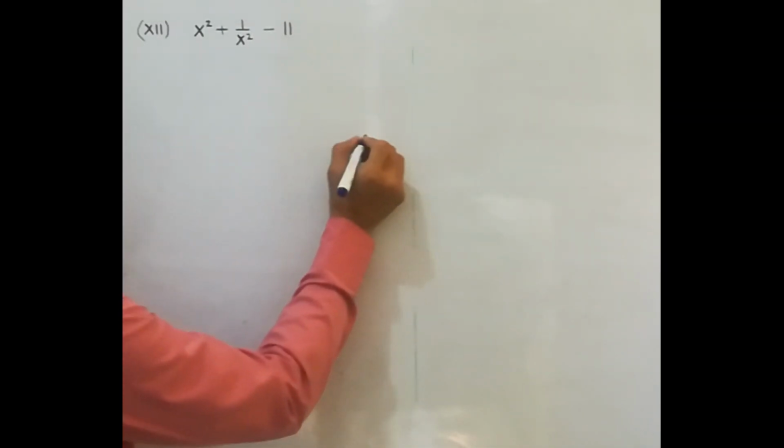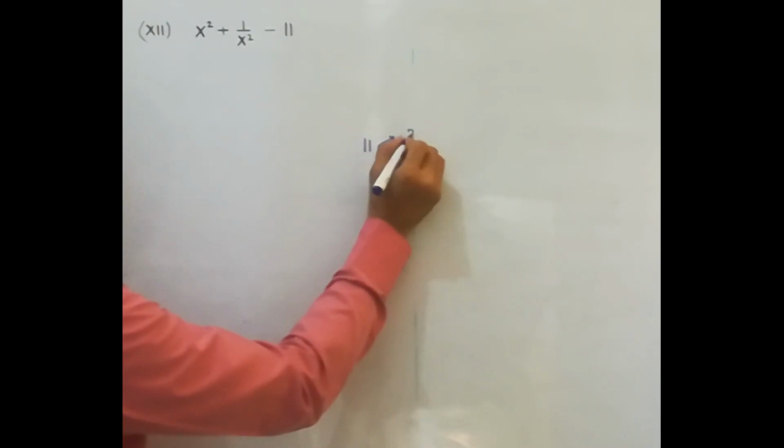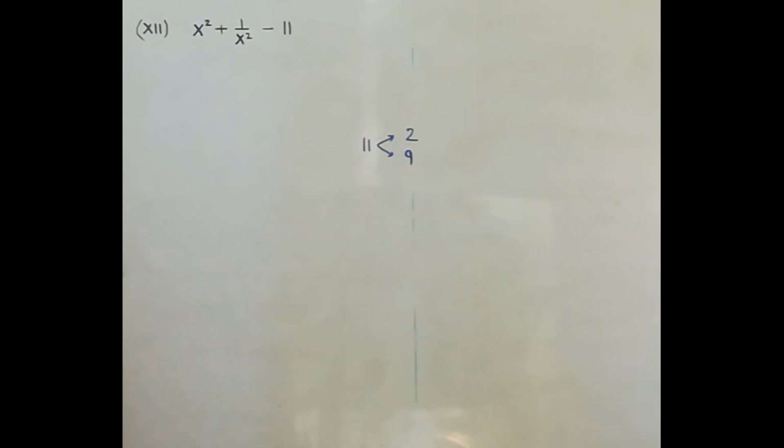Now let's see this question number 11. Sorry, 12. Now in some of the questions, you will be breaking a term in two parts such that one of the parts will be used in the remaining portion to give a whole square formula, and the next part itself will be a perfect square. Now see what I mean to say over here. Let us see this number 11. Now this 11 can be taken in two parts, 2 and 9. Okay, 9 is a perfect square.